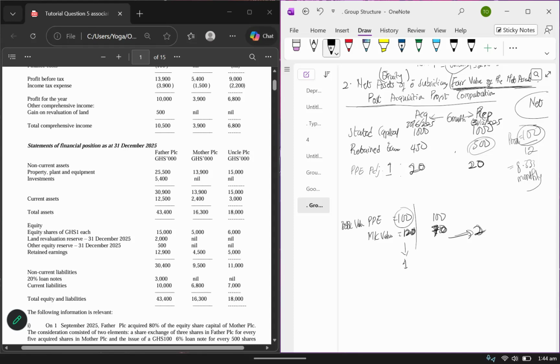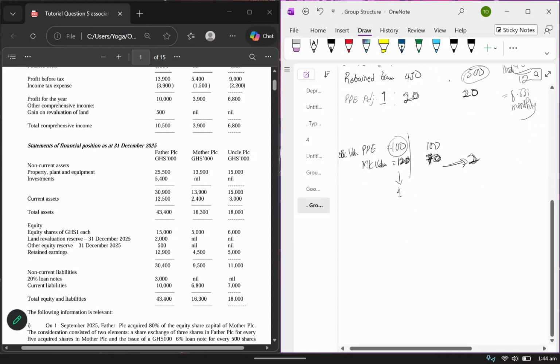And then the question might go ahead to say that, let's say the remaining life of the PPE is 5 years. It means that you have to depreciate this 20 as well. So you spread this 20 over the 5 years remaining useful life. In a sense that if the PPE is 100 and you are left with 5 years, the depreciation will be 20. Now we are saying that the PPE is no more 100, it's 120, and the depreciation is over 5 years. It becomes